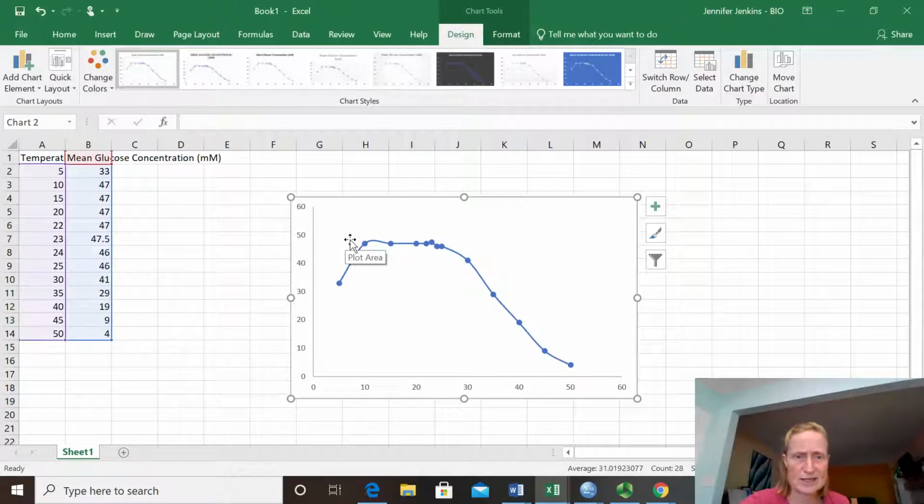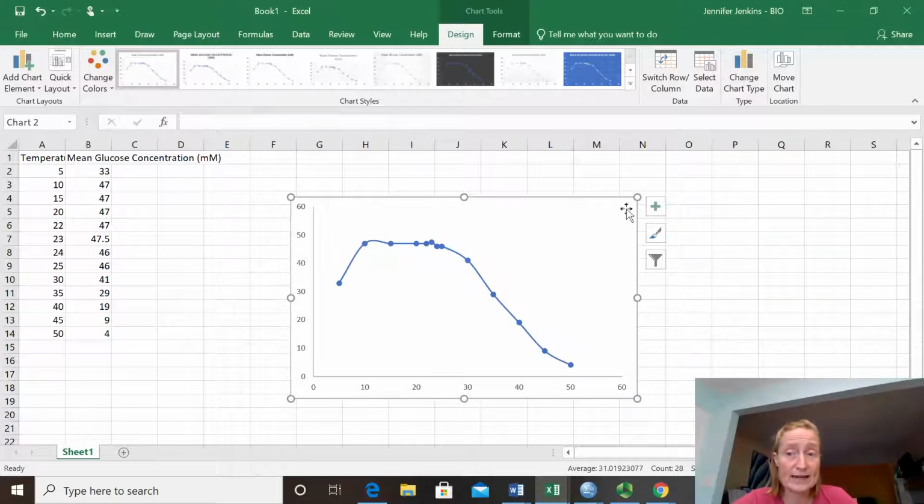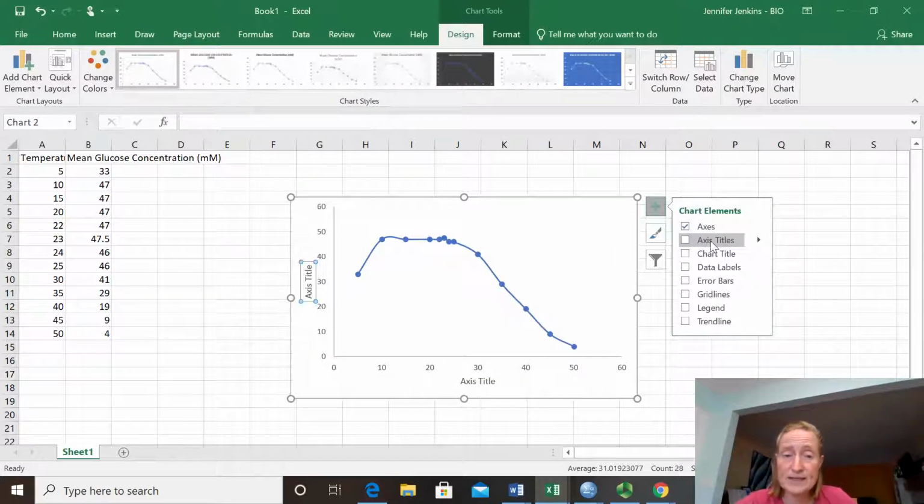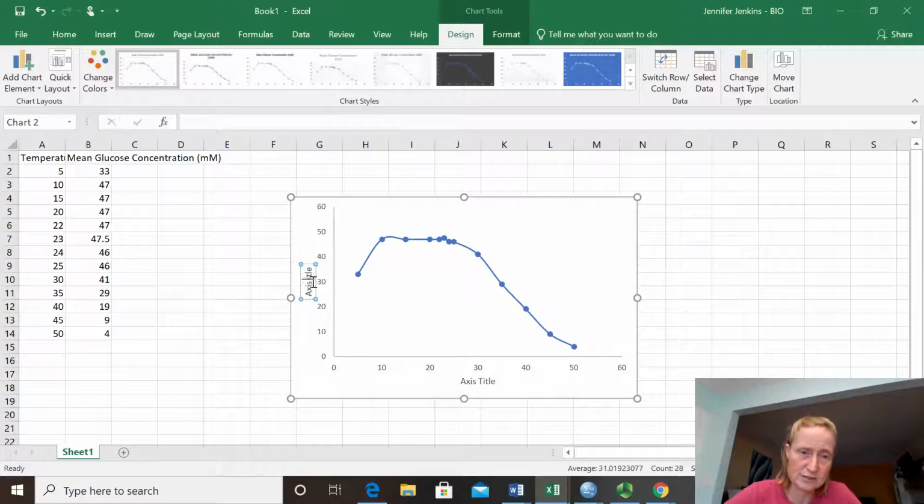Okay, now things are looking good, except now I don't have any axes titles. I need to include those. So I'm going to go to my chart elements icon over here on the right, this plus symbol, and click on it, and I can do all sorts of things, but I definitely want to add axis titles. I can just click this, and now I've got some axis titles, but I need to click on them and delete the words "axis title" and type in, in this case, the mean